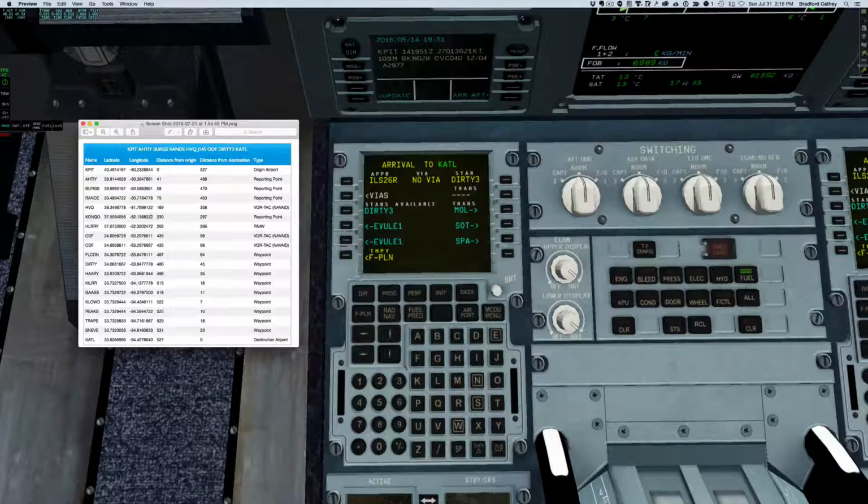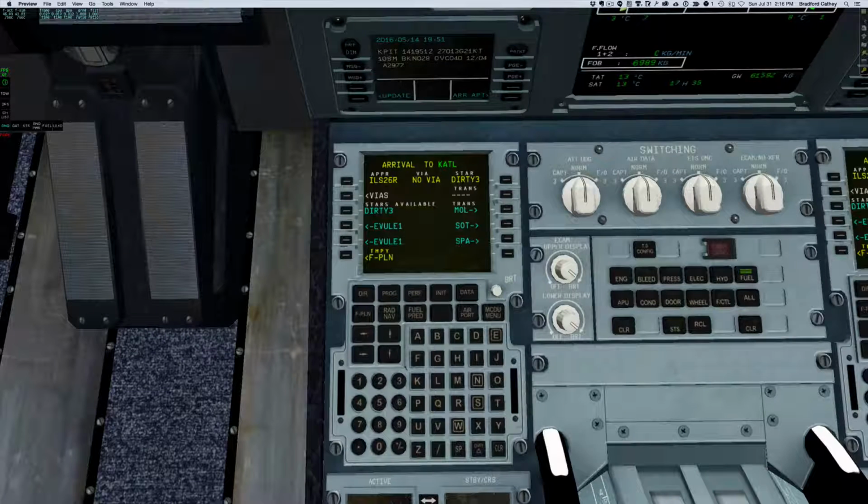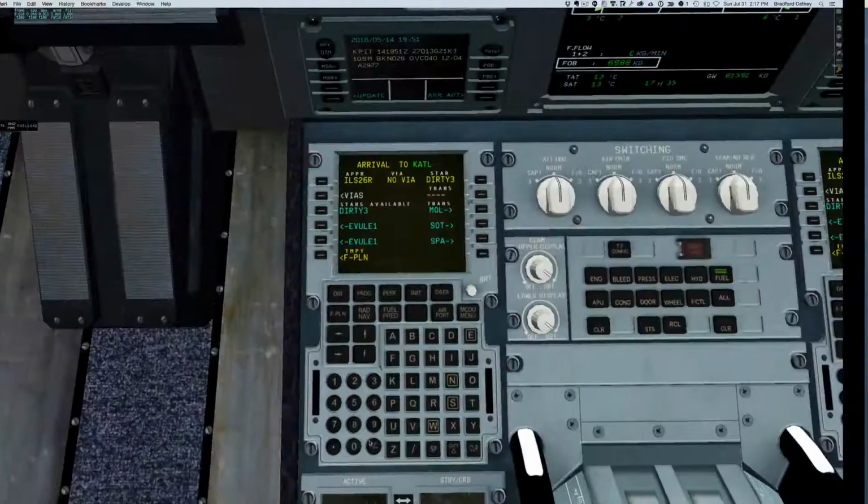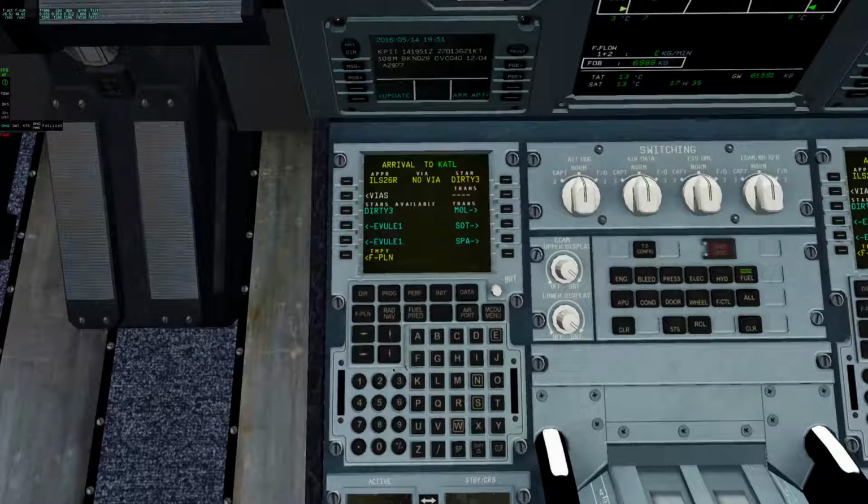I thought I would see Oscar Delta Foxtrot, but I don't see that anywhere. So I'm going to go with no transition